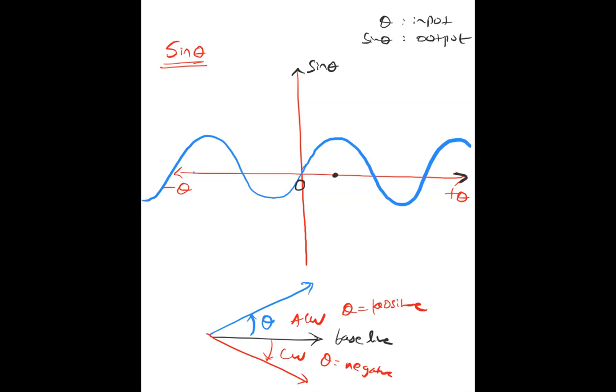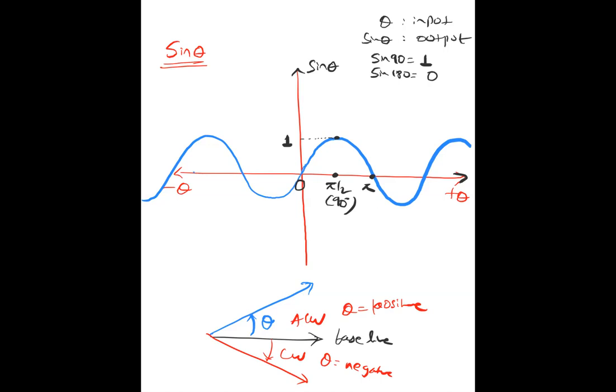This is theta equal to 90 degree, pi by 2 radian or 90 degree. For that, this value is 1. That means sine of 90 is 1. This point is pi, sine of 180 degree. That you will come to know eventually. I will explain to you that it is 0 actually. So that's why it's 0.